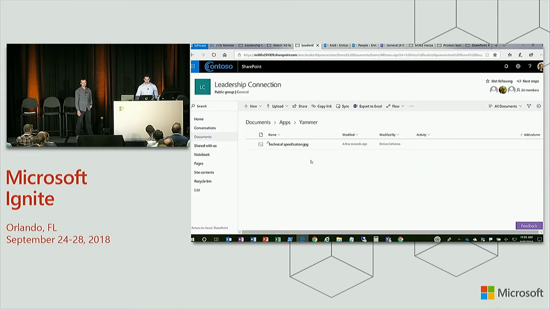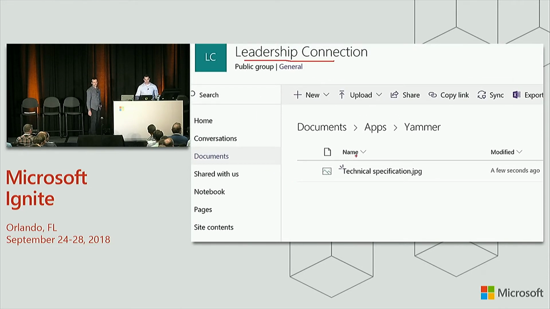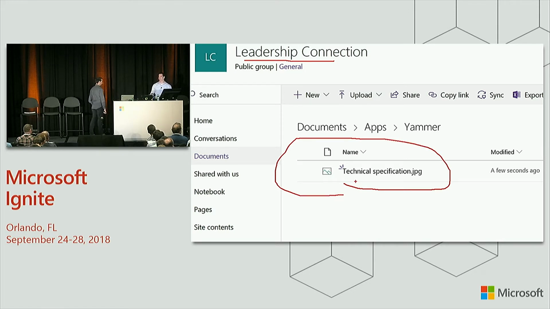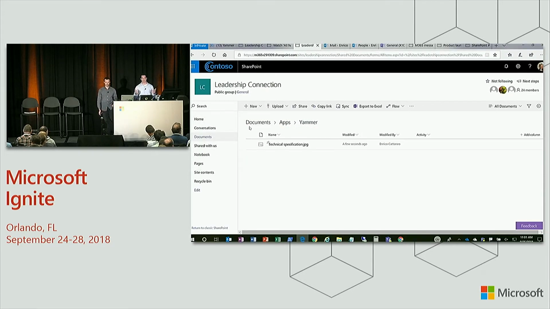When I flip over here to SharePoint, you see my SharePoint site is already updated inside my leadership connection group, and I have that brand new file uploaded right here to SharePoint. How do you like that? So this is great because now my organization knows that all their files are stored in the same place, covered underneath the same retention policies that they've built into SharePoint. This is going to be huge.